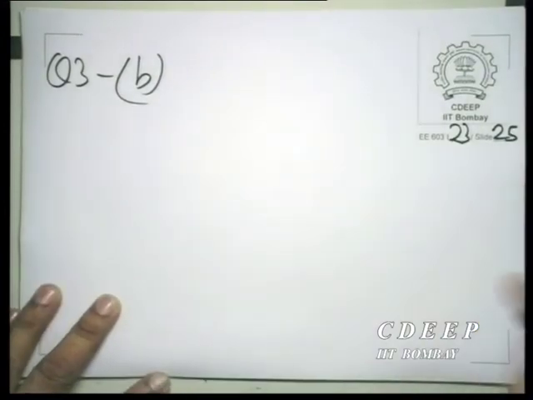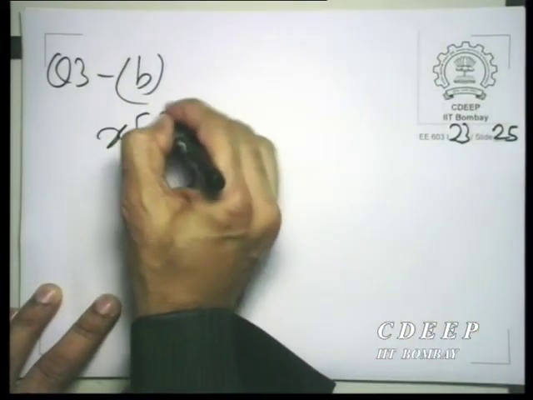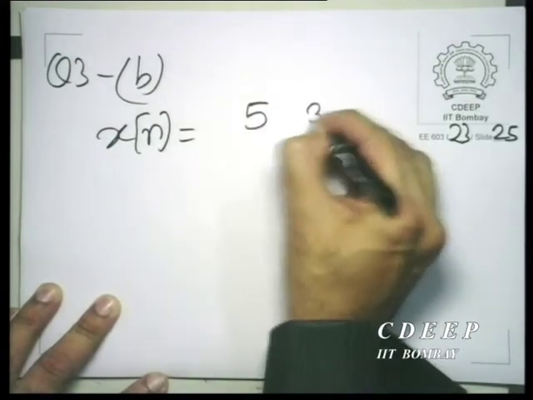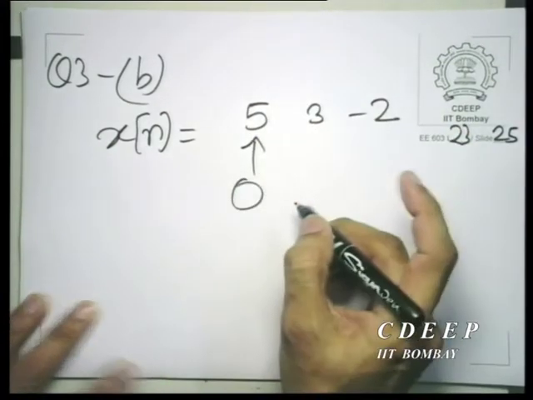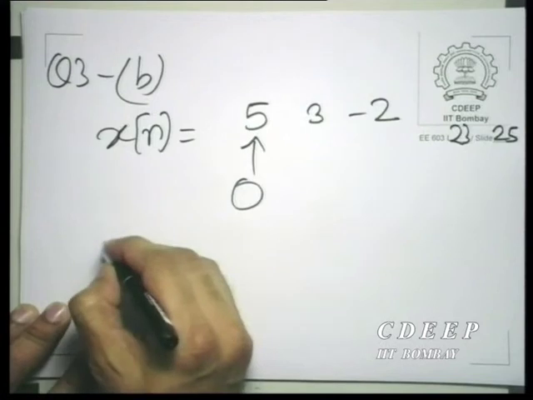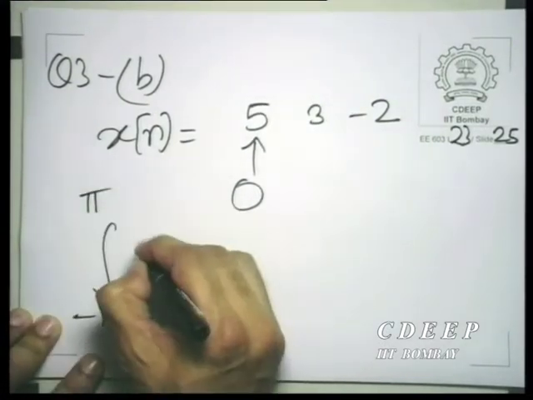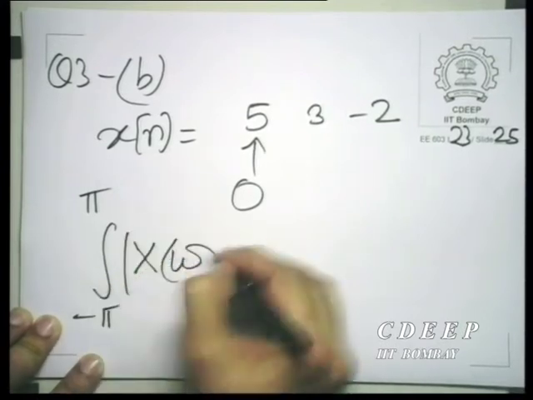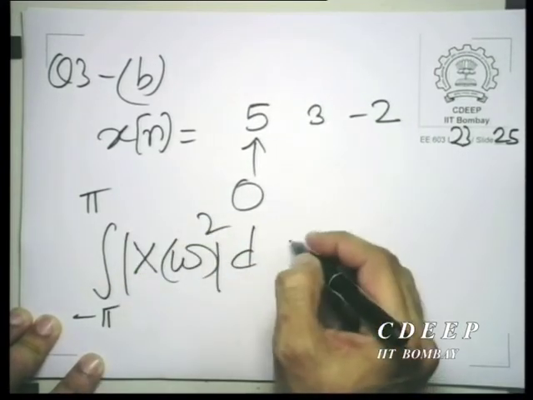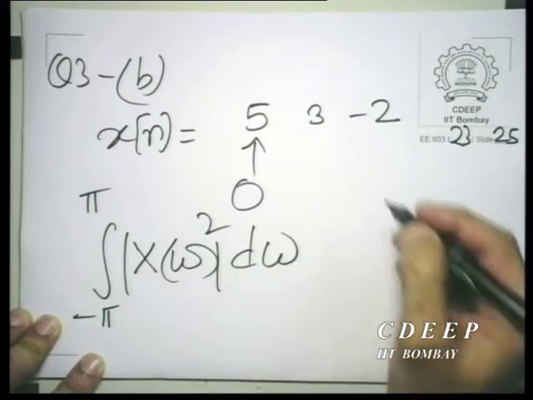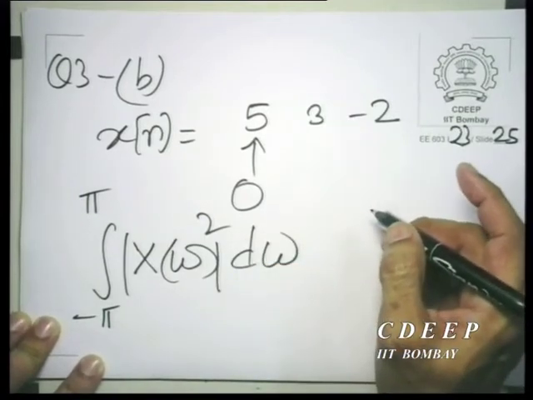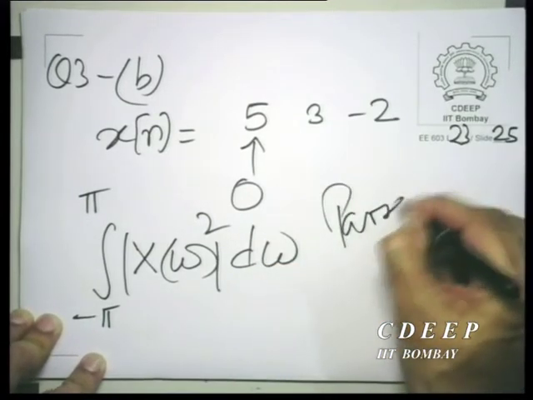Now, question 3b gave you the sequence x of n. The sequence was given, and you are required to evaluate the integral from minus pi to pi of mod X(omega) squared d omega. Of course, this is easy to do. One can use the Parseval theorem for doing it,